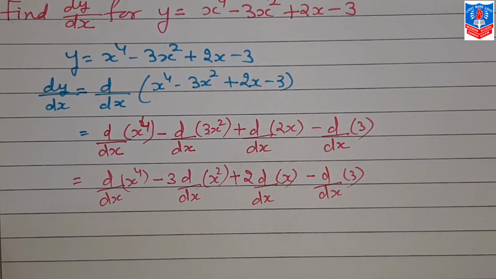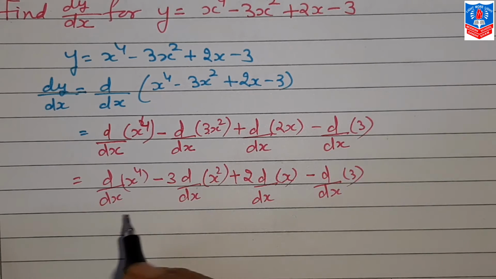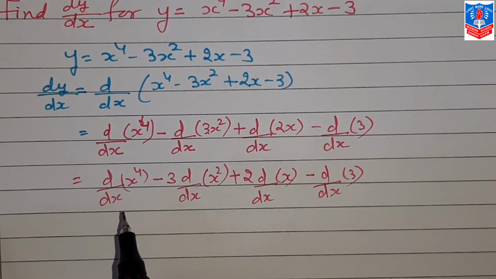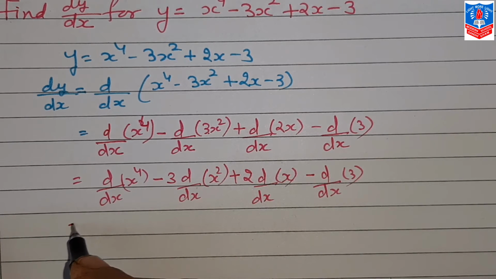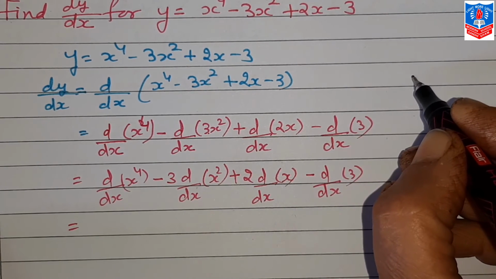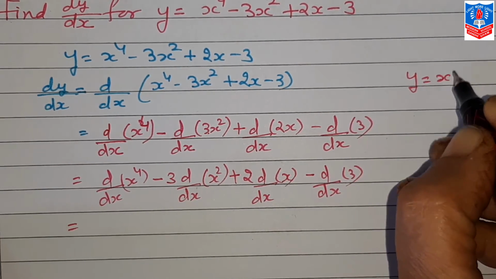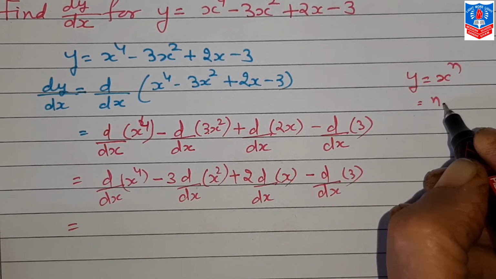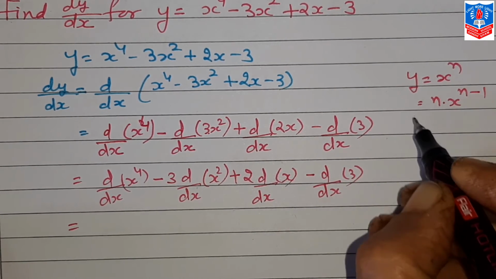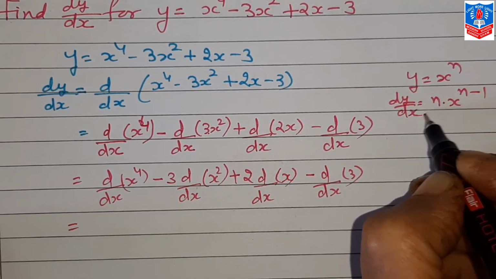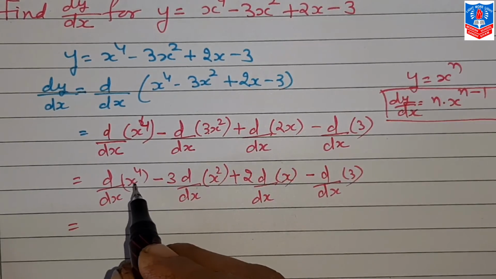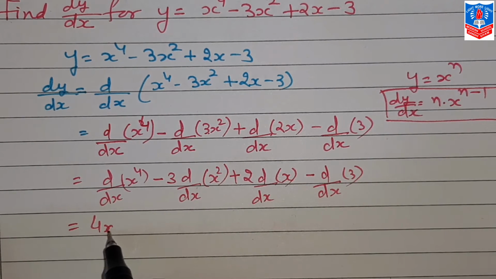Next step, now we find derivatives. When we find derivatives, there is no need to write d upon dx. We simply write directly, and the formula will be this only. We have already discussed that the derivative of x raised to n is n x raised to n minus 1. So here, x raised to 4 gives 4 x raised to 4 minus 1, which is 3,